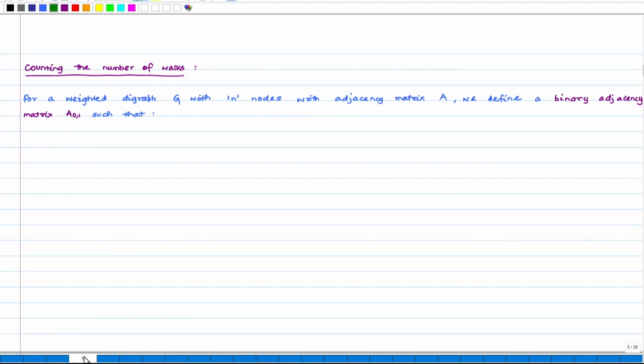So, let us try to summarize this result. How do we count the number of walks? For a weighted digraph G with n nodes and some adjacency matrix A, we define a binary adjacency matrix A01 such that